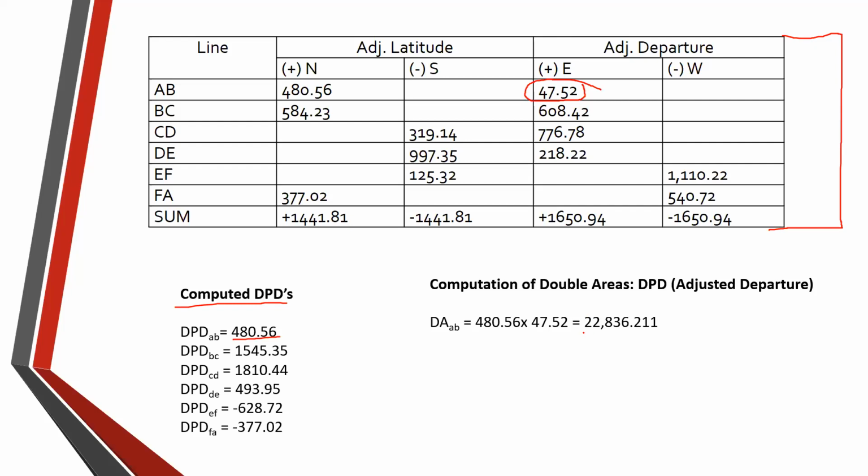So, meron tayo 22,836.211. Next, for the departure of the double area of the BC, that is equal to the DPD of the BC, which is 1,545.35 times 608.42. Again, this is your departure ng line BC. That will give you